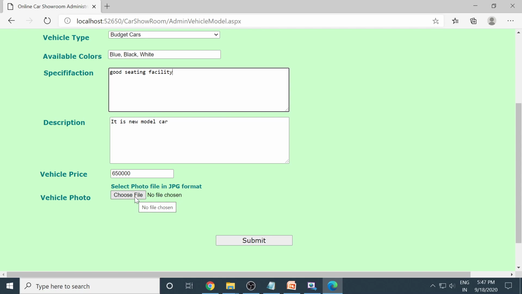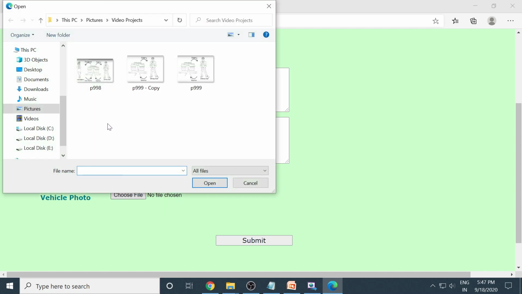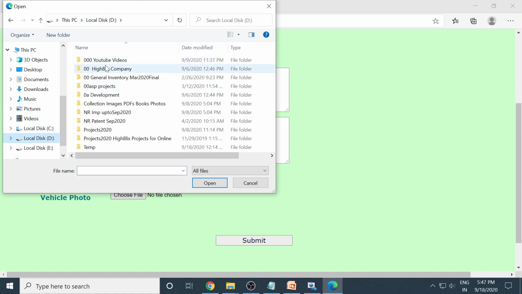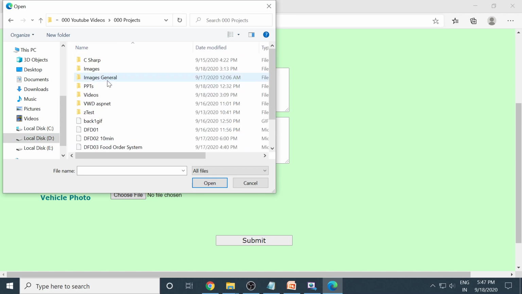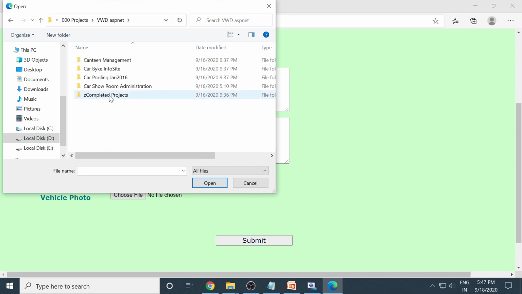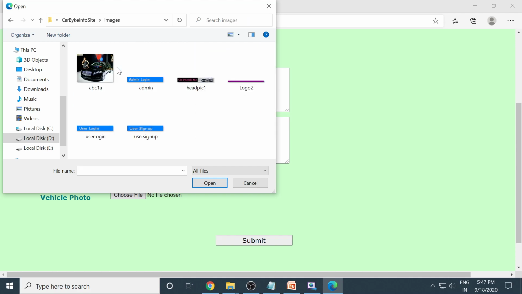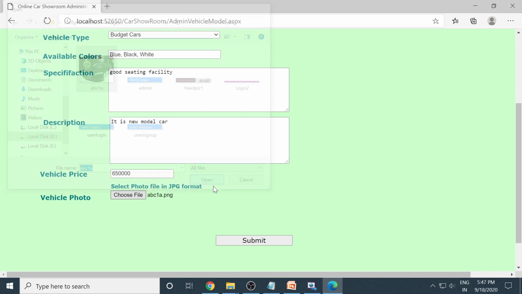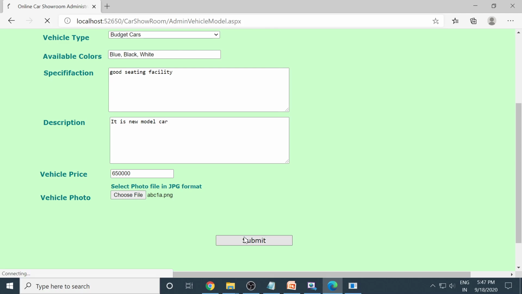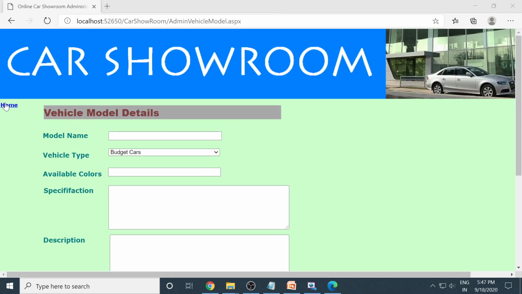Let me check whether I have the photo. Okay, I don't have exactly that photo, but I have a different photo. I'll use this one only. Fine. So we enter the model.